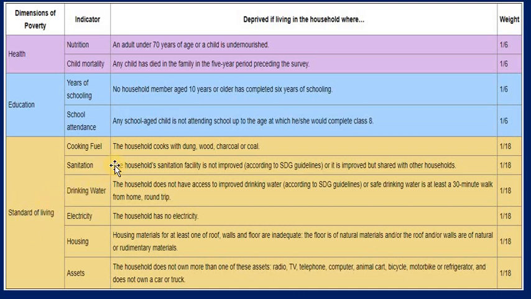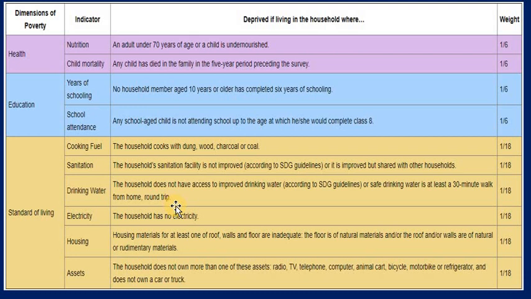And the standard of living. Cooking fuel: the household cooks with dung, wood, or charcoal. That indicates poverty. Sanitation: the sanitation facility is not improved, or it is improved but shared with other households, according to Sustainable Development guidelines. Drinking water: the household does not have access to improved or safe drinking water within at least a 30 minute walk round trip from home.